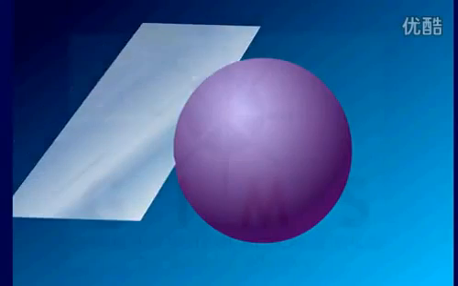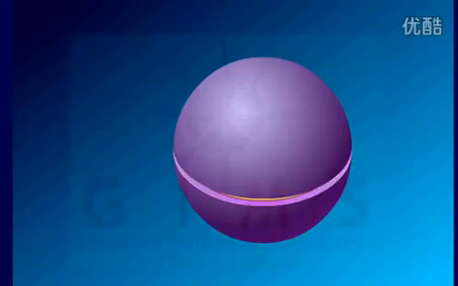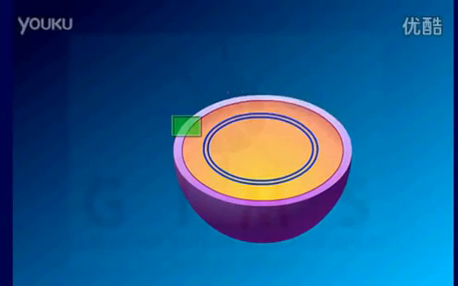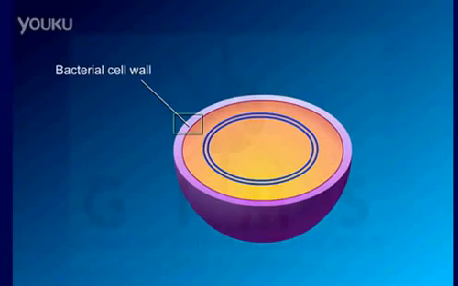Structurally, most bacteria consist of a cell membrane surrounded by a cell wall, and for some bacteria, an additional outer layer. Internal to the cell membrane is the cytoplasm, which contains ribosomes, a nuclear region, and in some cases granules and/or vesicles. Depending on the bacterial species, a number of different external structures may be found, such as a capsule,